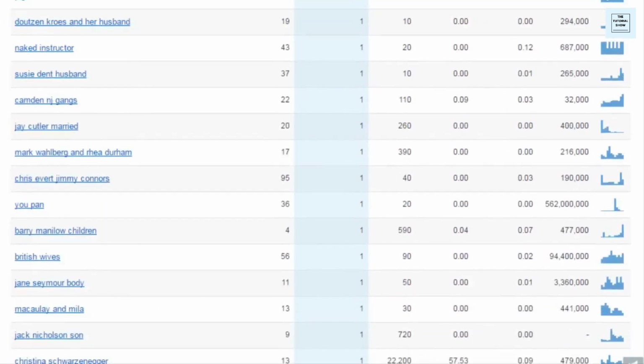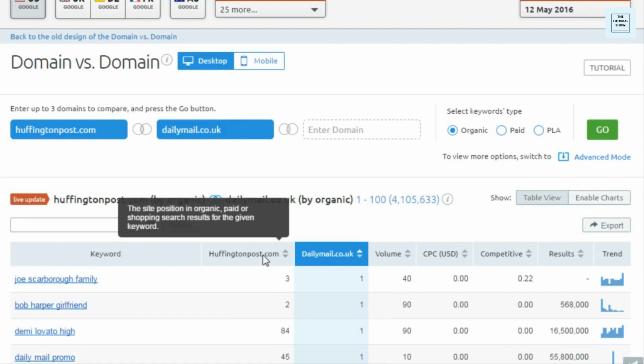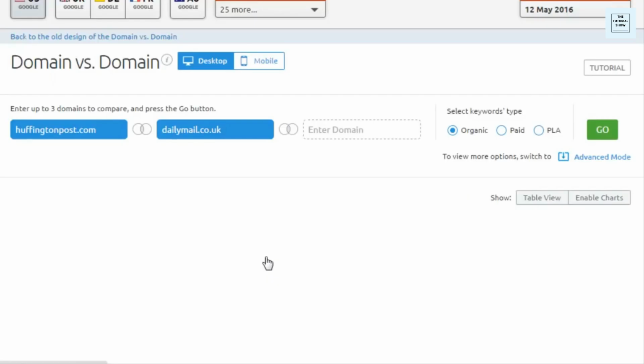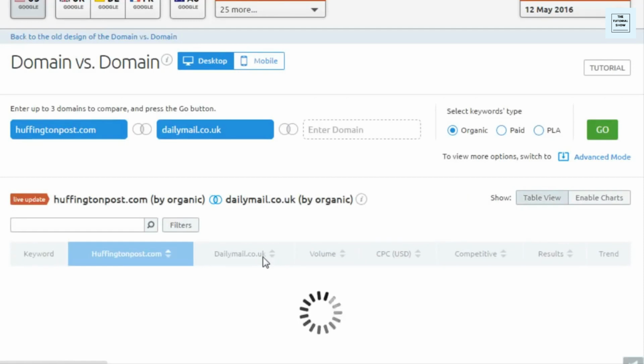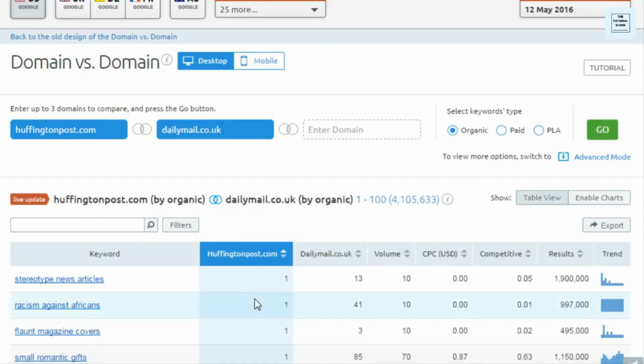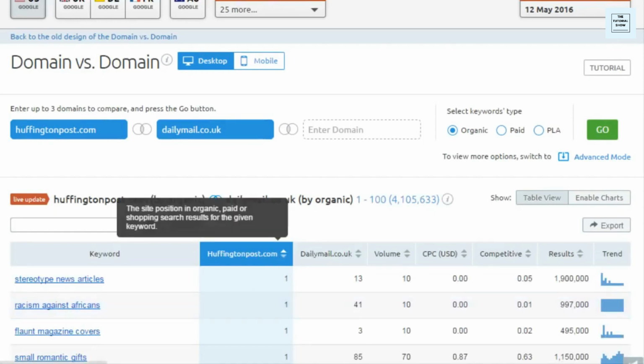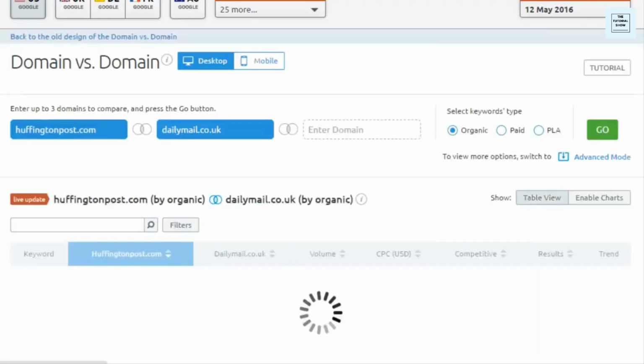Likewise, we can sort our own site, and we can look here for where we have very low rankings, and we can compare that to their ranking status as well. So this can help us identify some keywords that we can go after that the competition is already ranking for, and then we can go through this process again where we find out why they're ranking and look further into it.